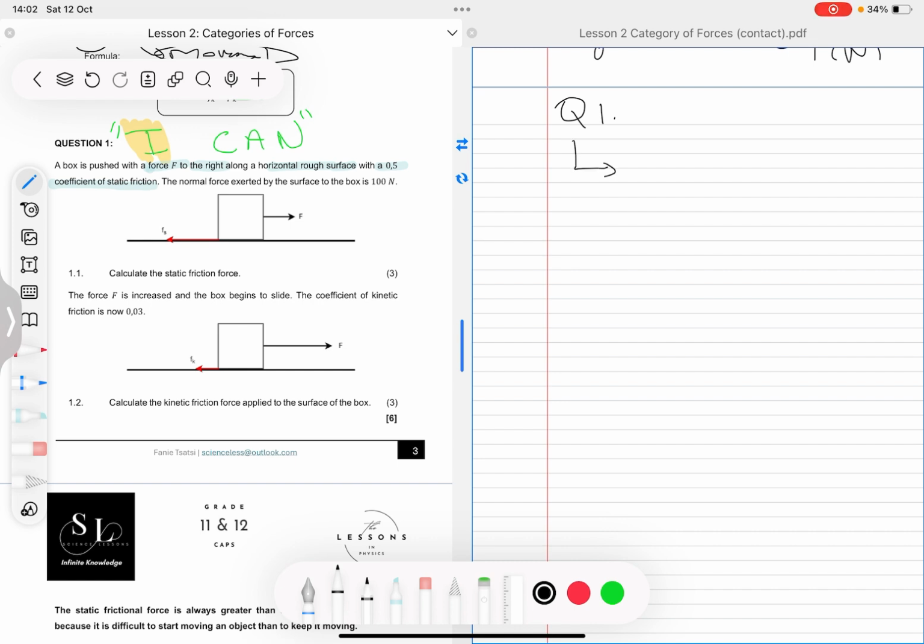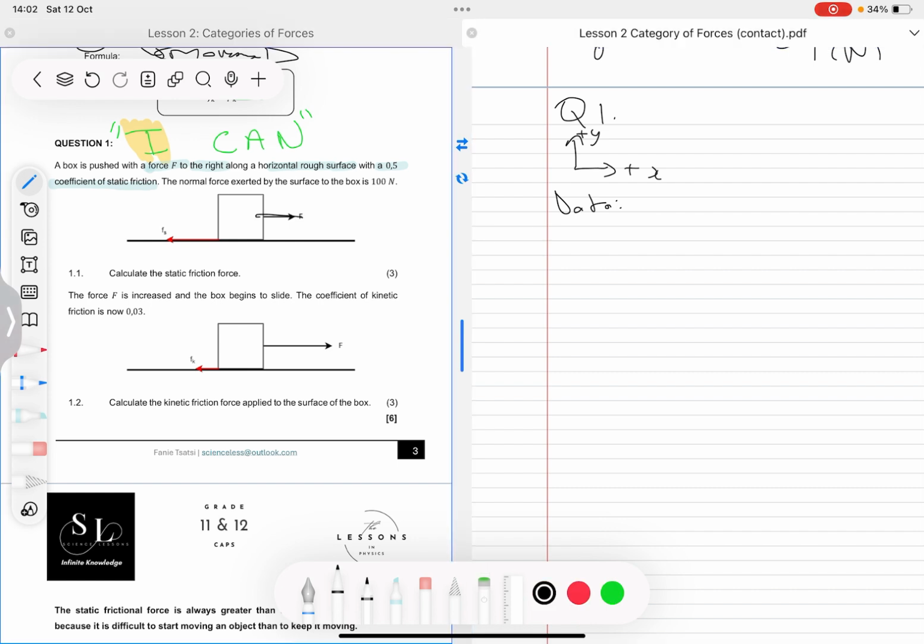I'll use the reference frame in this specific question to choose my direction, and I'll then put down my data to say we have a force F that pushes the box in that direction, and the surfaces have a coefficient of friction